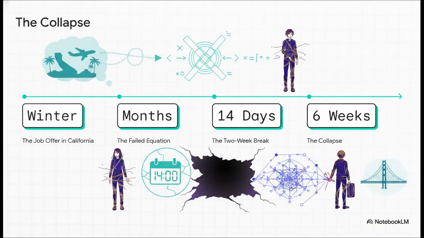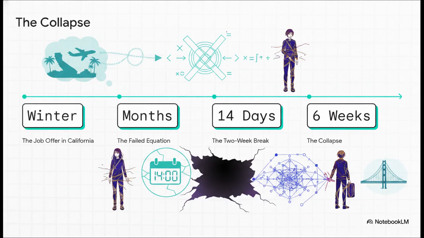Let's track the chronological collapse of their shared physical topology. First, Lila gets a dream job offer 3,000 miles away in California. Second comes the failed equation. They try to run the numbers, but if she stays, she sacrifices her career, and if he goes, he abandons his grant. Third, they attempt a 2-week break, cutting contact completely, just to see if they can survive as disconnected